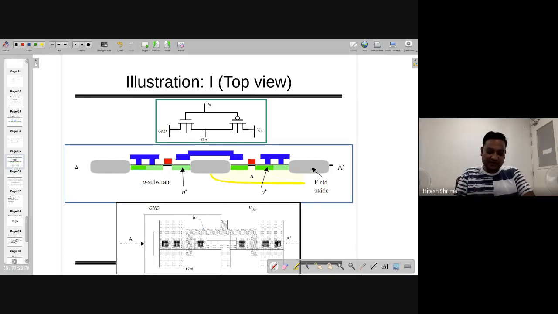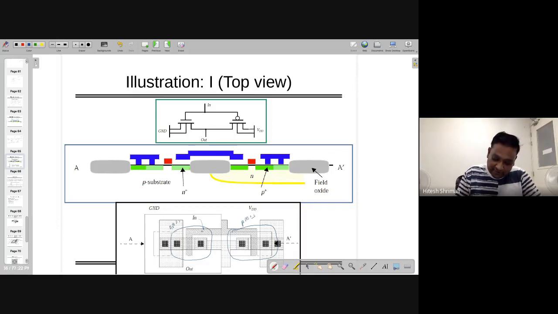But you have to understand that this part is NMOS. And this part, along with the boundary, if it is visible to you, is PMOS. Both the gates are shorted and they are known as the input. The drains are shorted and they are known as the output. And the respective bodies are connected to ground. So that is what is happening.